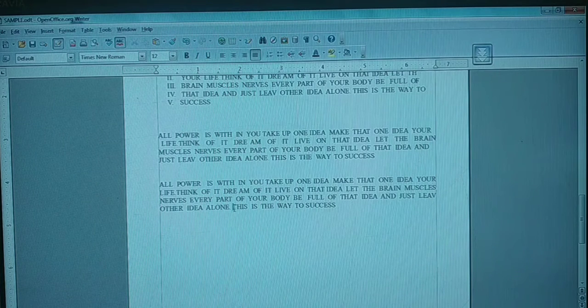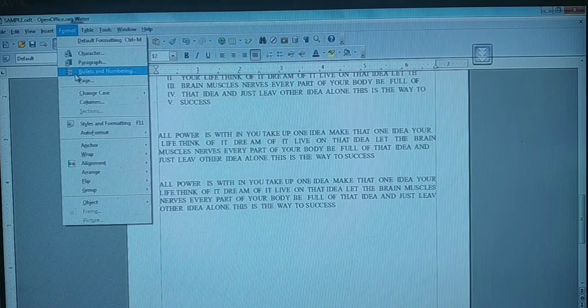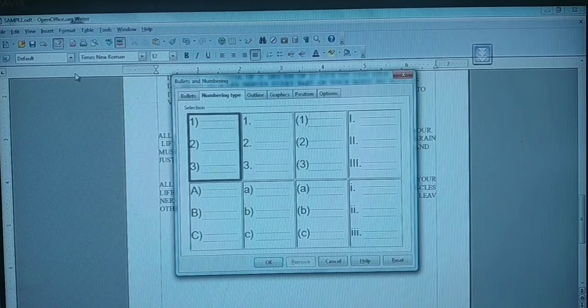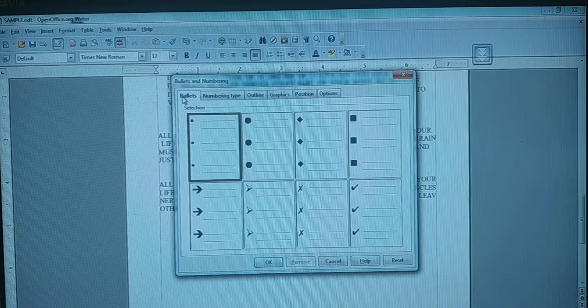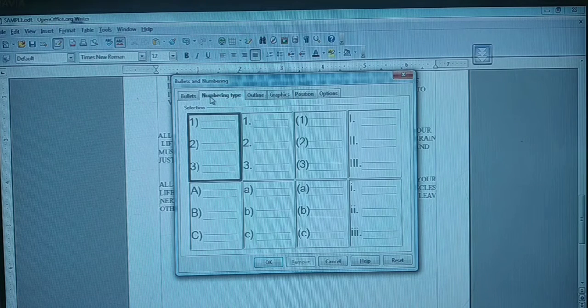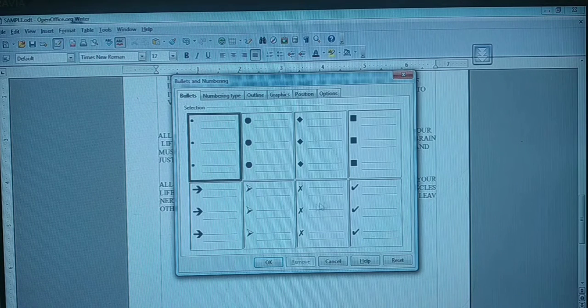And numbering. So what is the procedure that you have to follow? Yes, you have to click format, bullets and numbering. Immediately that dialog box will be displayed. In that, if bullet is needed, select the bullet; if numbering is needed, select the numbering. So these are the styles that are available. Whatever other styles you need or prefer, you can select that one. So, clear with the bullets and numbering.